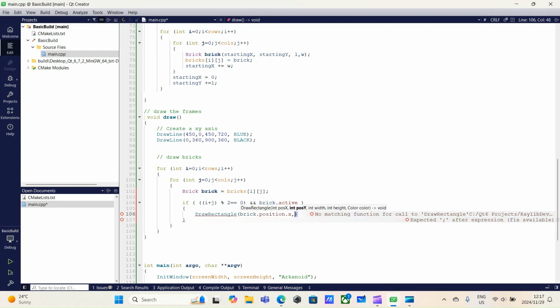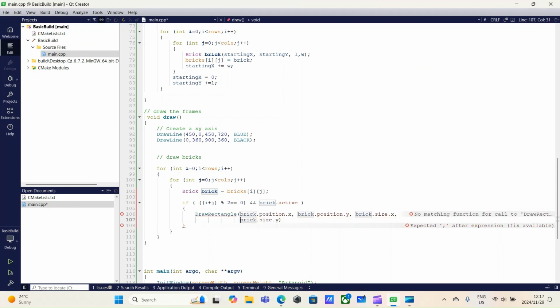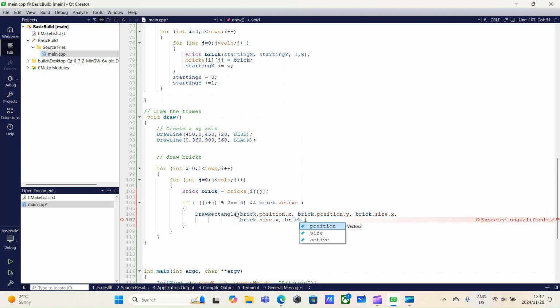So its position x in space, its position y in space, its individual size, so brick dot size dot x and brick dot size dot y, and finally the color. The color, let's go with blue. And that's it. Else if,